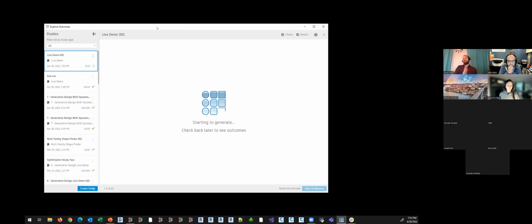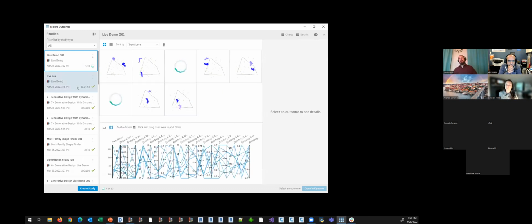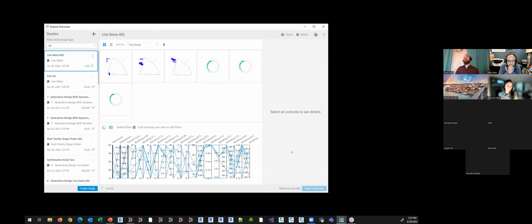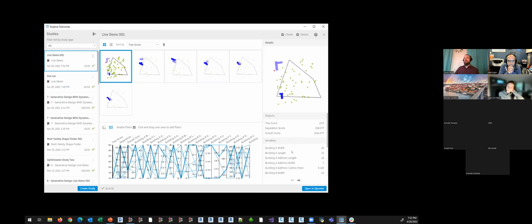And I'm not going to see any results until the first generation completes. Before, when I did random, I saw 0 out of 40. Now I'm seeing X out of 10, right? So it's already run 160 different tests, right? And we're looking at tree score, and this is the best performing for the tree score